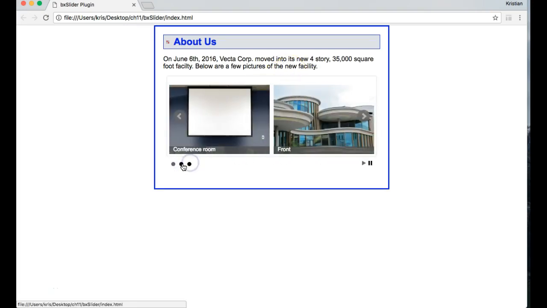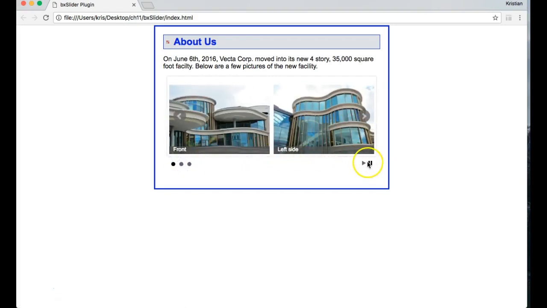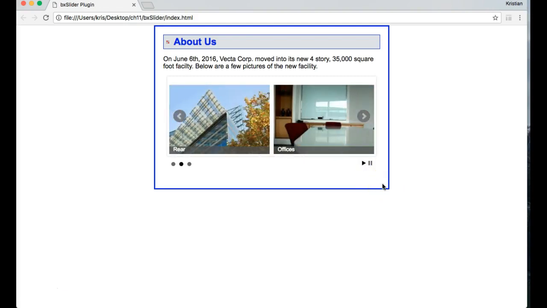We've got pagination with buttons, and we also have a play and a pause button. So if I click play, it's going to run on its own. I think it was set for about 5 seconds. There we go. So now you see the